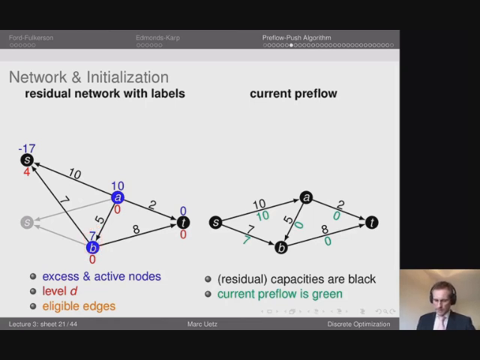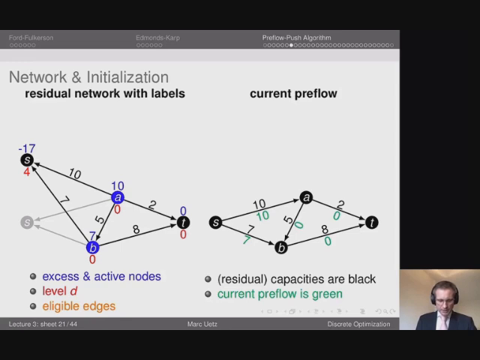And here on the right-hand side, as I said, you see the current flow values and the current pre-flow. So there is 10 units going into A, 7 units going into B. So it's a feasible pre-flow because all the excesses are non-negative, but it's not yet a feasible flow. Notice also one thing, after this initialization,